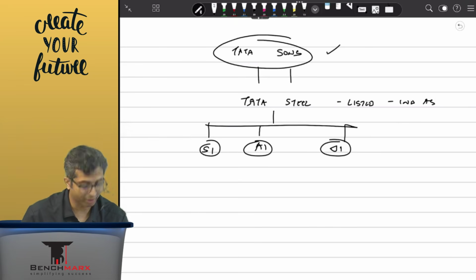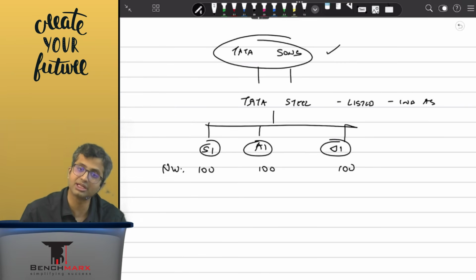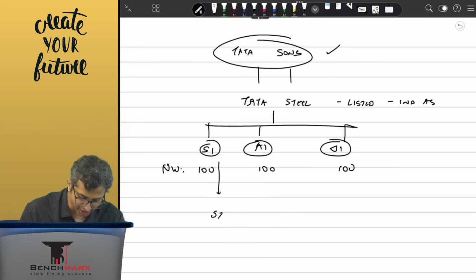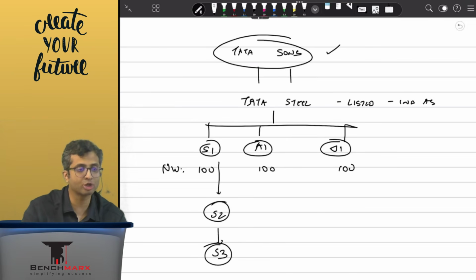अच्छा, is it possible कि हर एक का net worth was only 100 crores? All of them were unlisted. Will they still be covered by Ind AS? Yes. Group application will tell you that they will be covered under Ind AS. अच्छा, इसके नीचे और एक सब्सिडरी है, इसको सब सब्सिडरी बोलते हैं. S1 के नीचे S2, S2 के नीचे S3. Will they still be covered under Ind AS? Yes. Remember, your group covers the entire